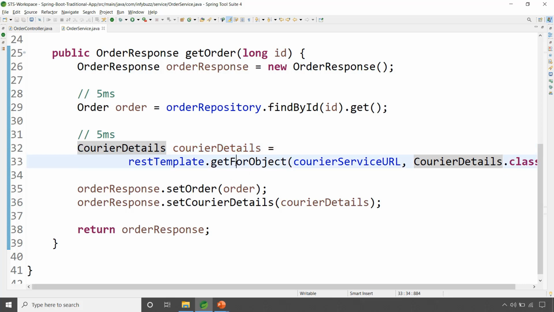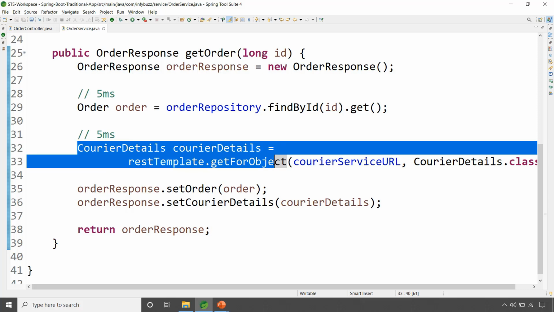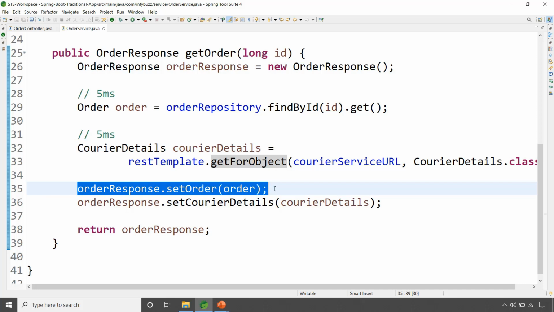Here also the external service is taking 5 milliseconds. Okay. So execution is blocked over here. Once we get the response from the external service, that is within the 5 milliseconds, then only the execution will move on to the next line, that is line number 35, and this will continue so on. Whatever logic you have, whatever number of lines you have for this particular method or your REST API completely.